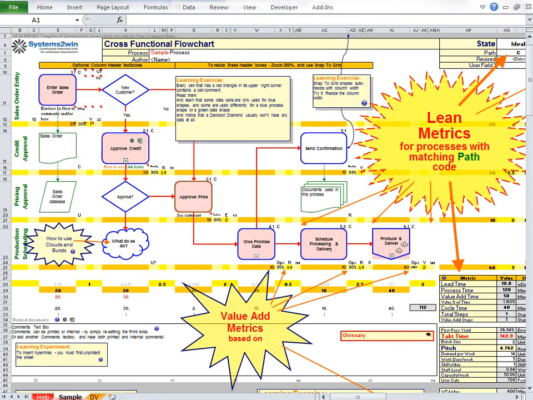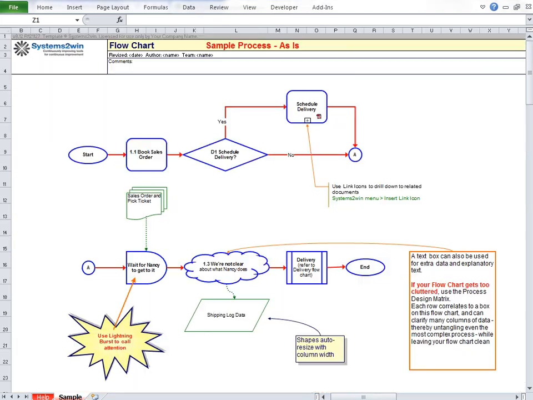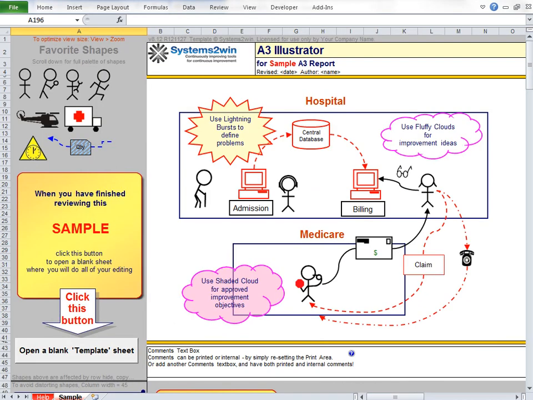So it might be that you're drilling down to a swim lane functional flow chart that has perhaps 200 steps for machining. And notice while we're here that unlike Visio, this does the math, not just drawing the picture. Or you might drill down to a simple flow chart, such as a decision tree that doesn't need any math. Or you might drill down to a stick figure illustration, which might be copied to either an A3 report or maybe to a PowerPoint or to a Word document.